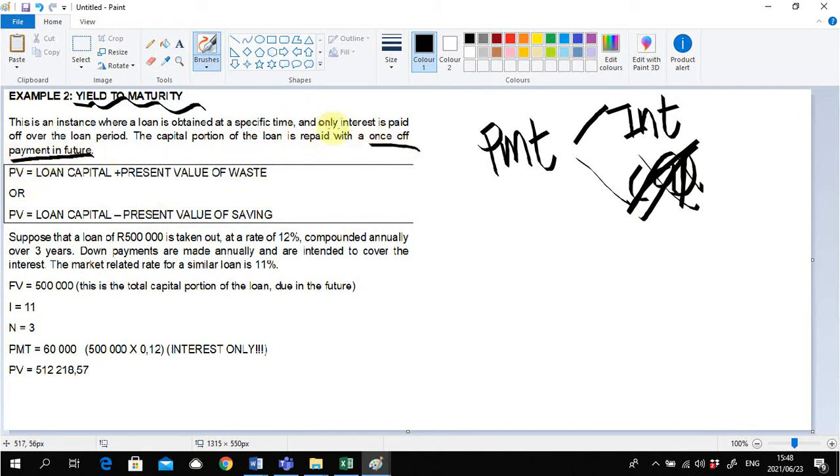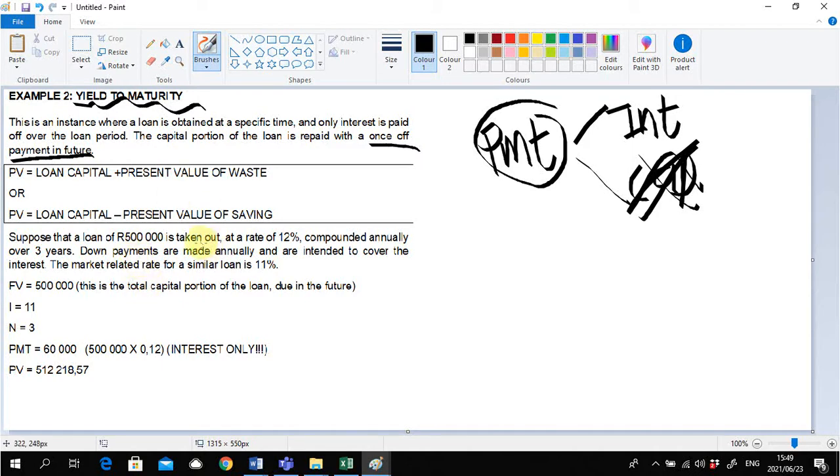And this is now after the loan period lapses. If we think about then, the payment should only consist of interest because capital is paid off in the future. If we are working with a yield to maturity, you should apply a certain type of logic. And this logic being that you are now thinking about calculating a present value for a capital amount that is